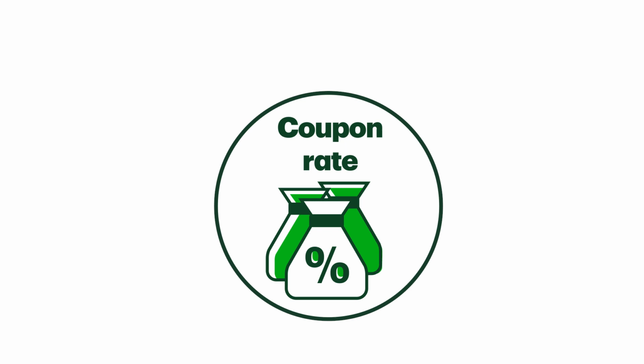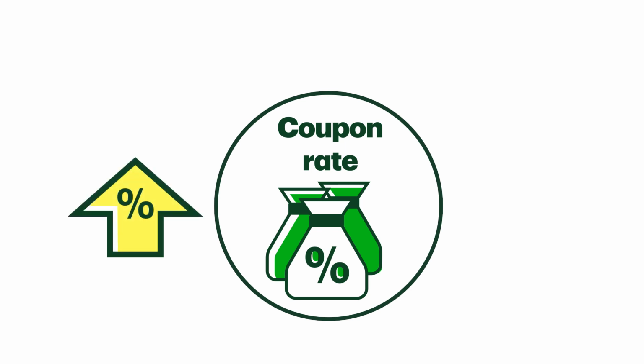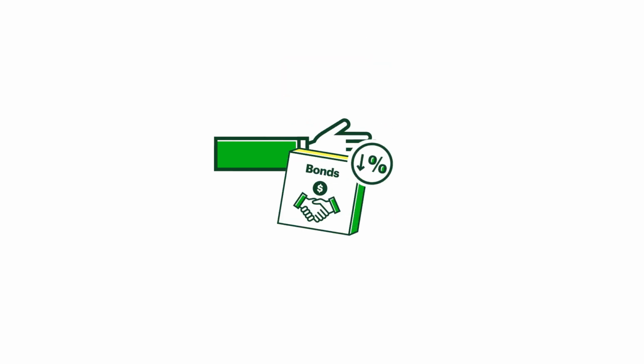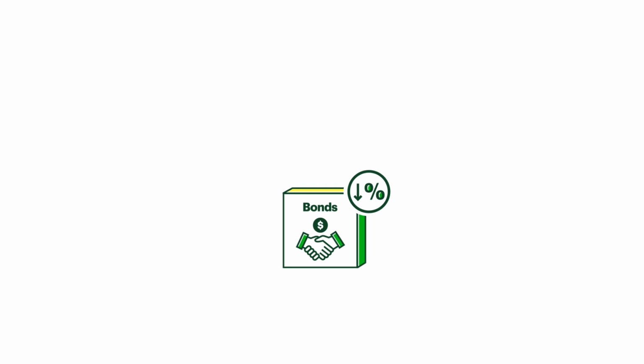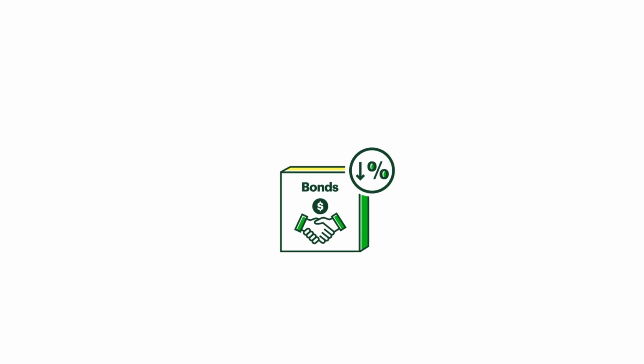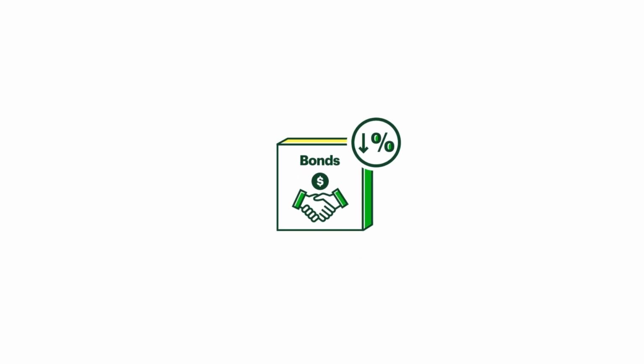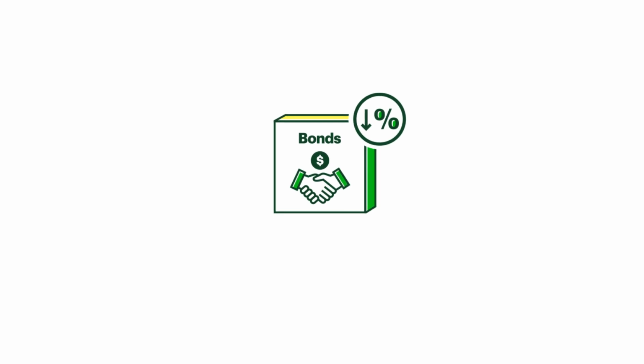Liquidity risk refers to how quickly you can sell your bond when prices change and how much you can get back for it. As higher interest rates raise the coupon rate on newly issued bonds, demand for existing bonds with lower rates goes down. This is typically important for traders who sell their bonds in the secondary market, rather than investors who hold bonds until maturity.